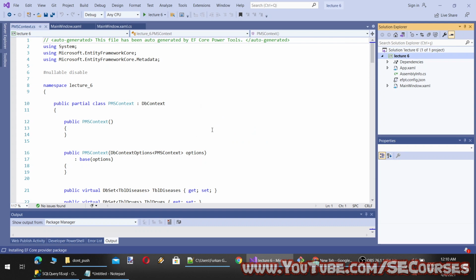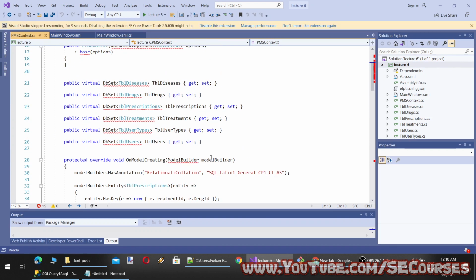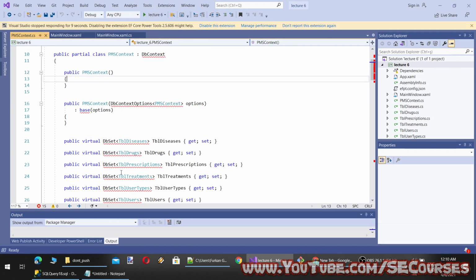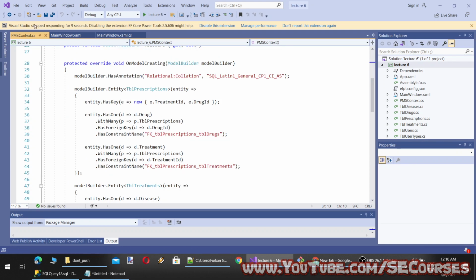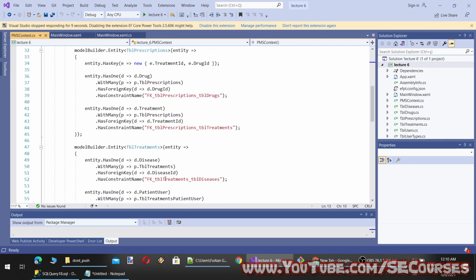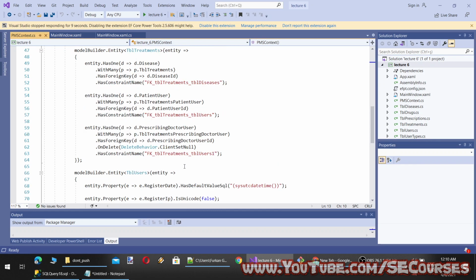Okay, so our classes are generated. Okay, it is installing the EF Core provider package, and it is also installed and references will get loaded. You see it is saying not responding, so loading packages and references is taking time. Oh, I see. It even has the foreign key constraints as well.